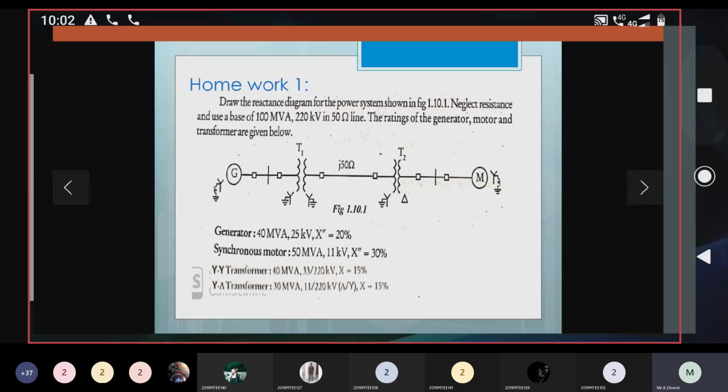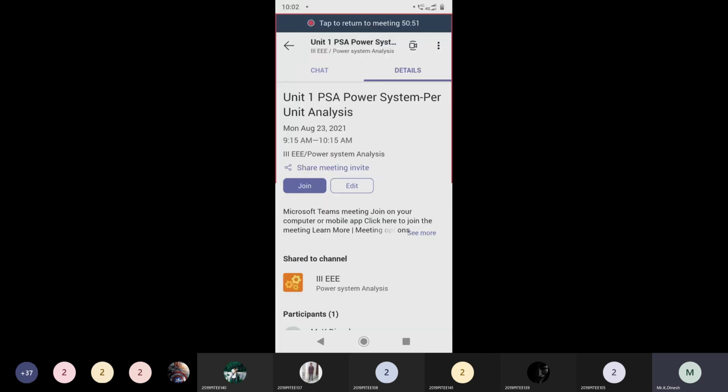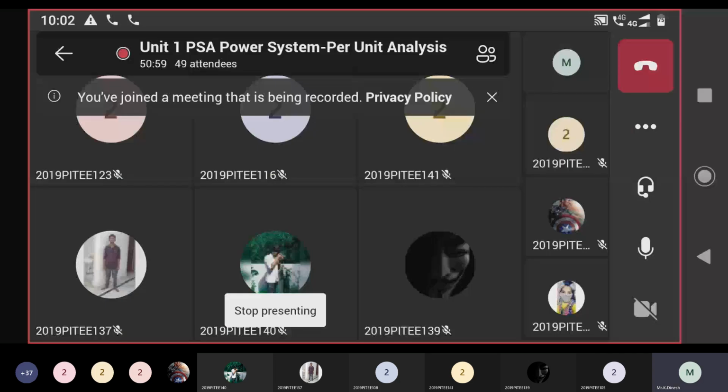If you have any doubts in the second problem, so try to solve the 3 homework problems. So if you are solving 3 homework problems and listening to the 2 problems in the video lecture, you may easily solve any kind of per unit problem. Whatever problem is given, you can solve it.